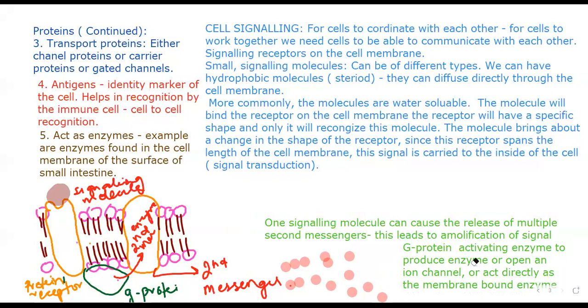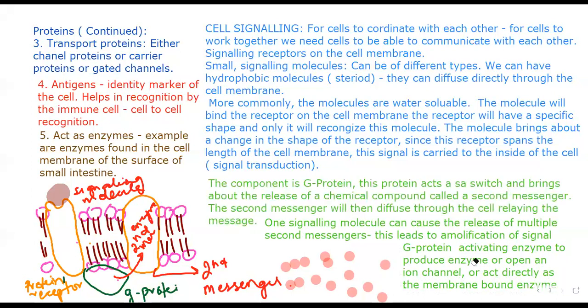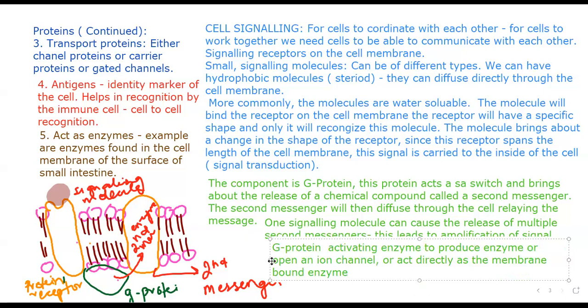That is another way that it can actually do its job, right? So G proteins can either activate the enzyme and tell the enzyme, listen, we need to start producing this molecule. We need to start producing second messengers. Or it can act on the enzyme and